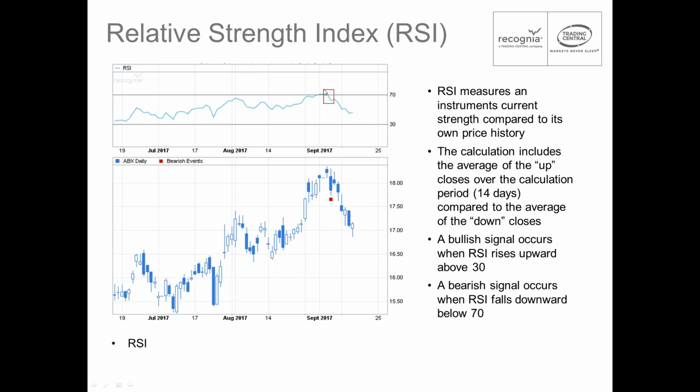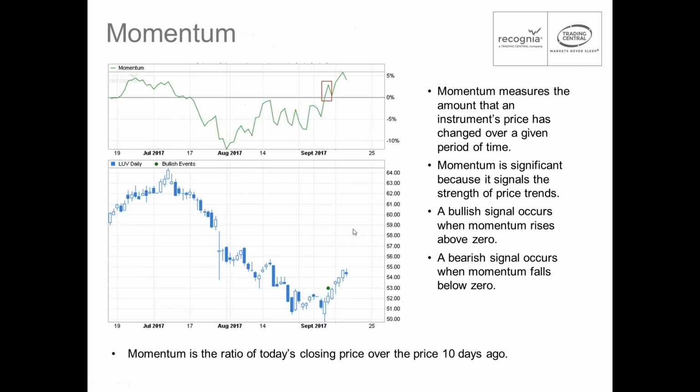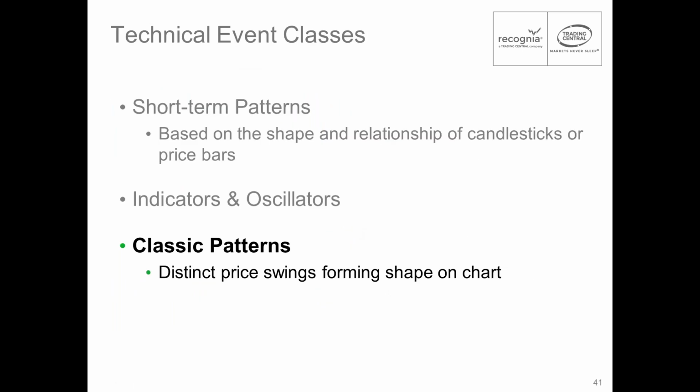So where I have this red square right here, you see the RSI has crossed downward below 70. That indicates the start of a new bearish trend. So right where this red square is drawn on the price chart, we expect the price to decline, and you can see that price has actually started to decline right here. So that's a number of indicators and oscillators, and maybe I'll move on to the next class of technical events